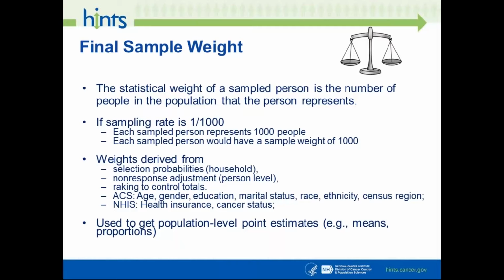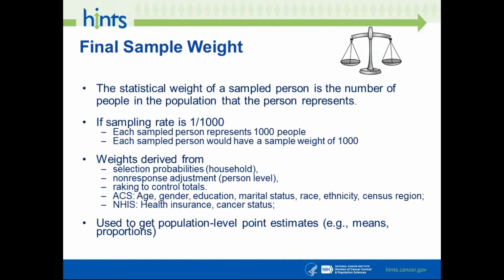So when we don't hit that, we have to adjust for that. And then finally, they do this thing called raking to control totals. Basically, what they want to do is make sure that for certain variables, if you weight them, you'll match almost exactly the population level values that we typically get from census. So for example,